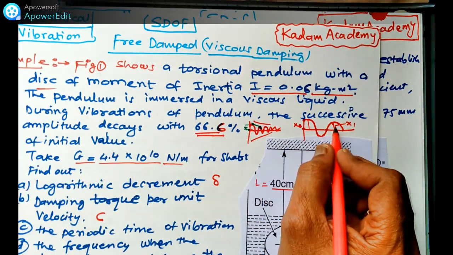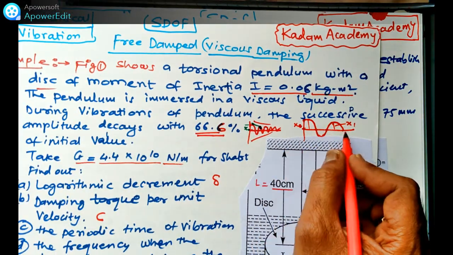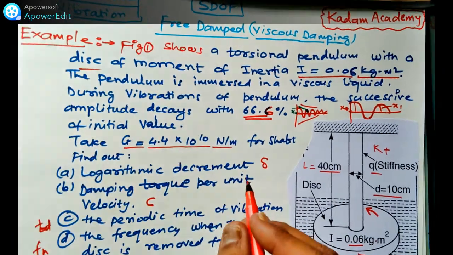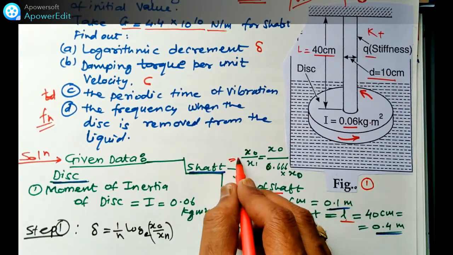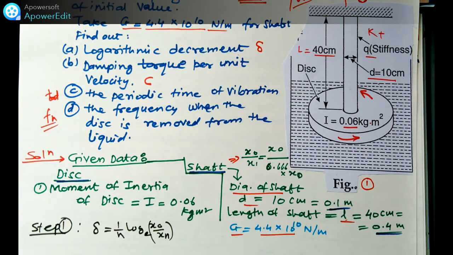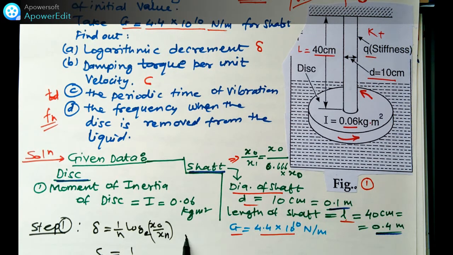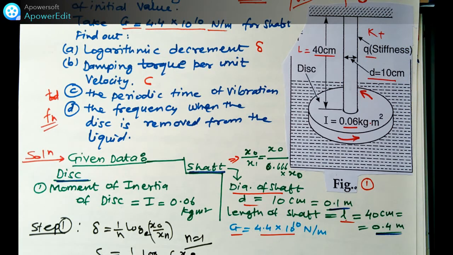So this reduces by how much percent? 66%. So here the relation is given, and from this relation you have to find out the value of del. We'll get the value of del is equal to 1 by n, where n is one cycle successive, log to the base e of x0 upon 66%,